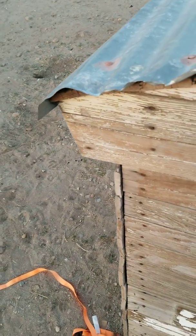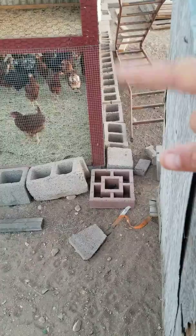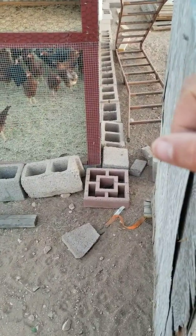Stiffen it up a little bit. It's a little wobbly if you can't tell. So we'll put some new studs in there and paint it. We're going to move it up here and screw it right to the side of that 4x4 right there. Sturdy it up. And then all these door panels over here,